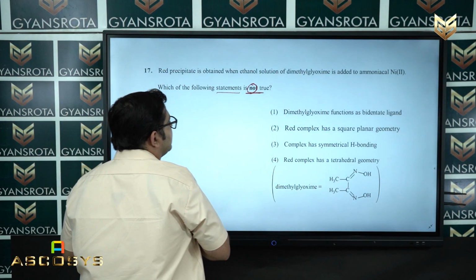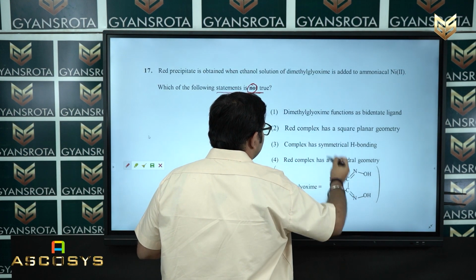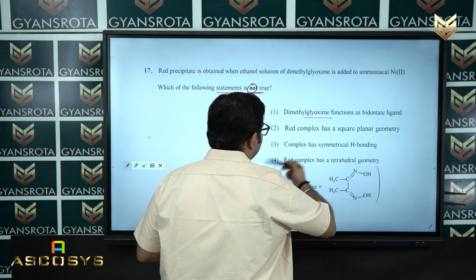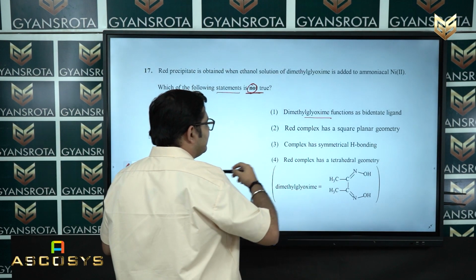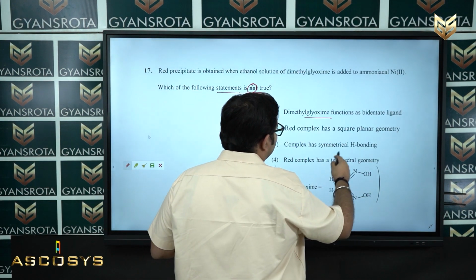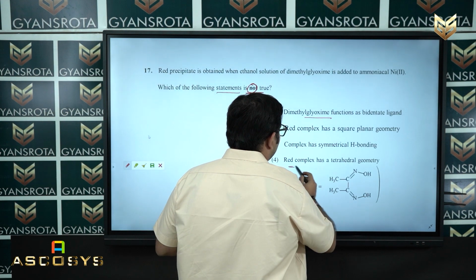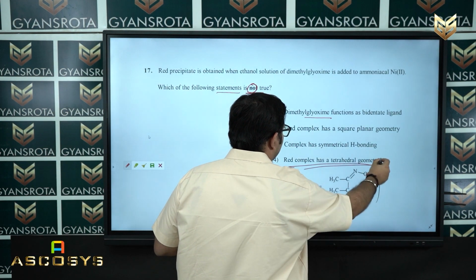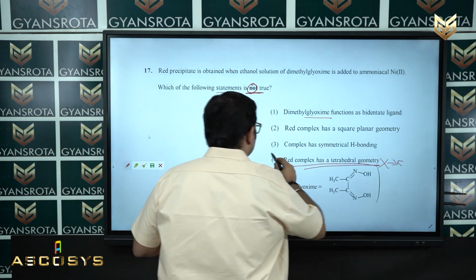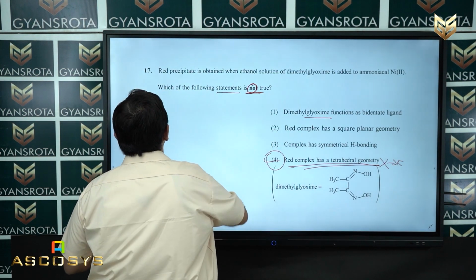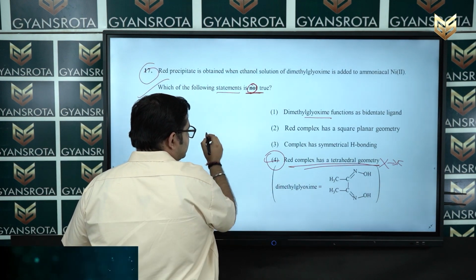Now, if you see, dimethylglyoxime functions as a bidentate ligand, yes, it will be true. It will always act as a bidentate ligand. The red complex has a square planar symmetry, yes, this is true. The complex has symmetrical hydrogen bonding, yes, this is also true. Now, the red complex has a tetrahedral geometry, no, it will be a wrong concept, it is a false statement. So, option number 4 is the correct statement for your question number 17, and the structure looks like this,